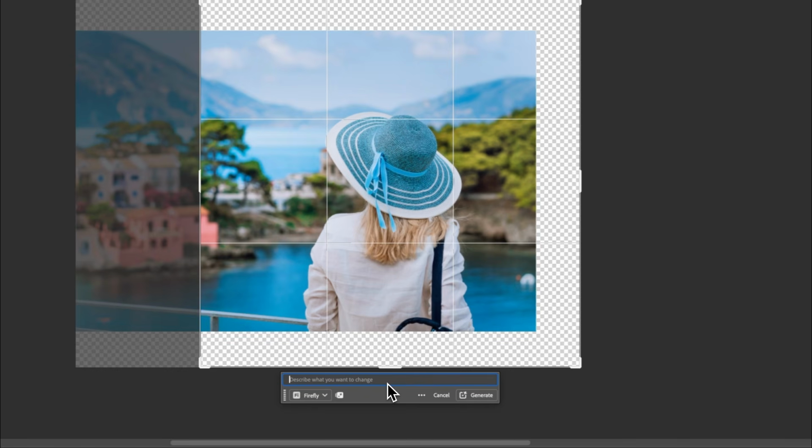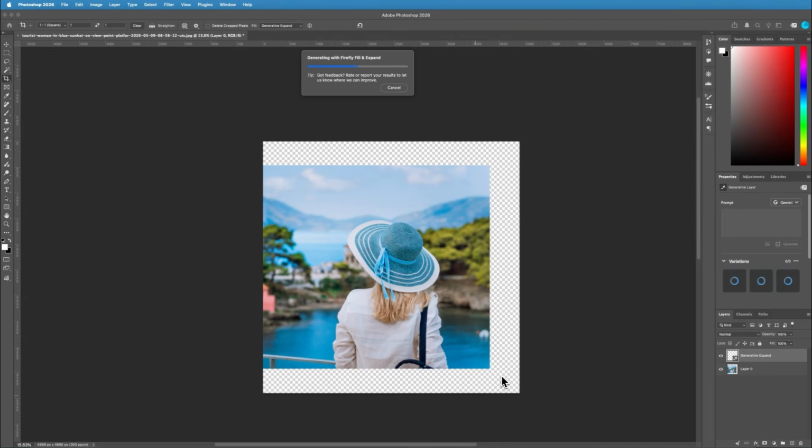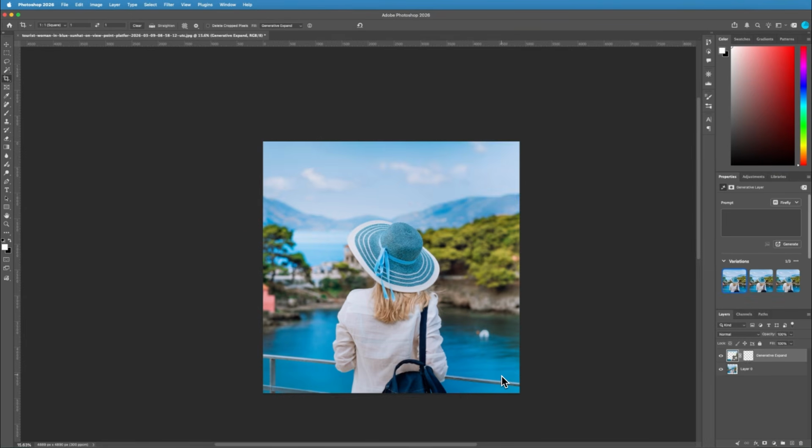You can enter a prompt if you want to and change the model if you want to. I'm just going to keep it as default and not put a prompt in. I find it does a good job most of the time. Once you're happy with this dialog box, choose Generate, and then Photoshop is going to take a moment to generative